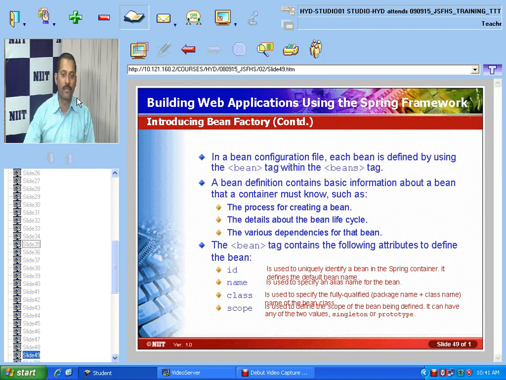Any questions here? If you have any questions, please ask. Once we are clear with this, at least two or three chapters, it will be easier for us to understand the flow of the applications, and we can move on to the other parts of a Spring-based application.